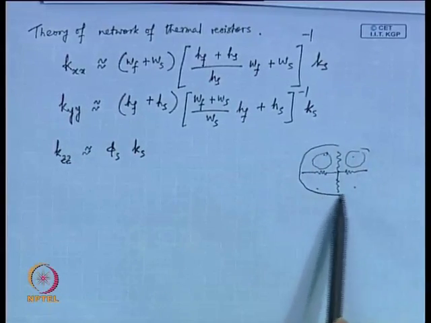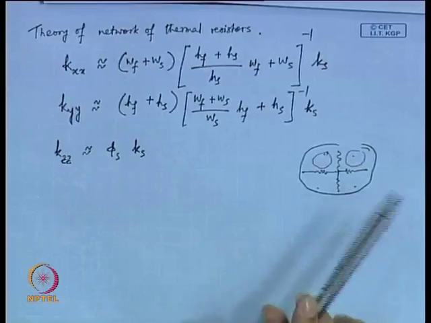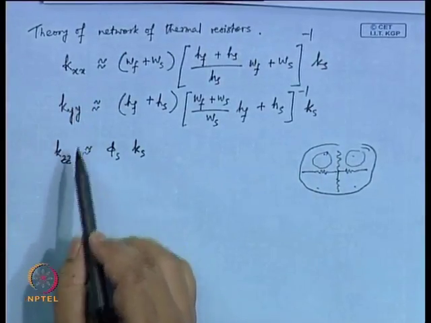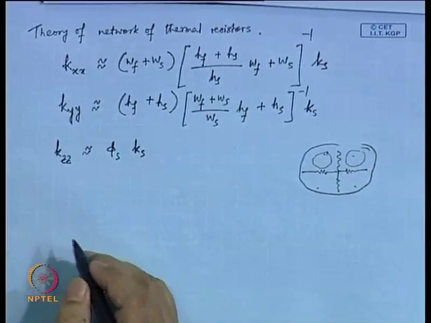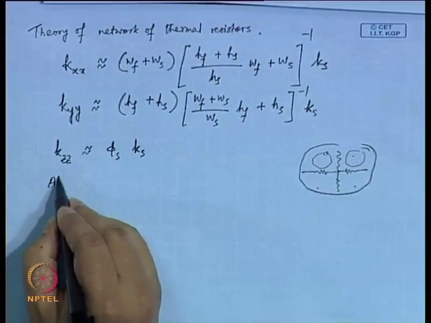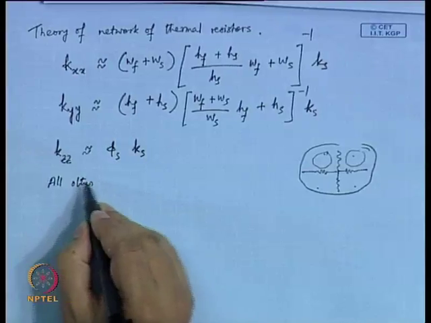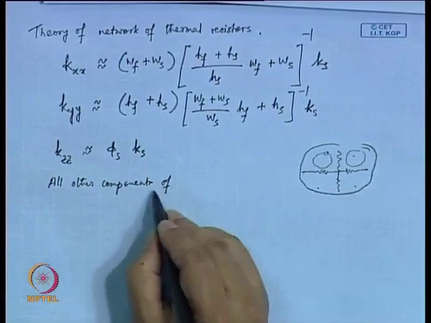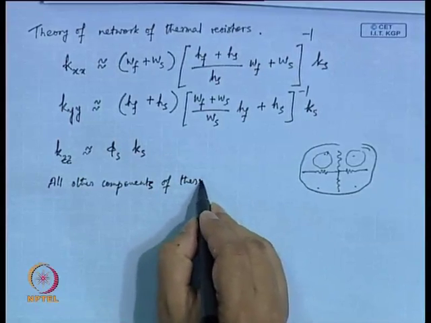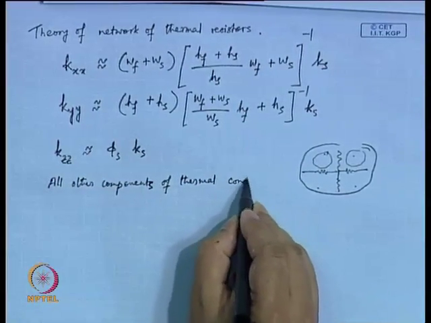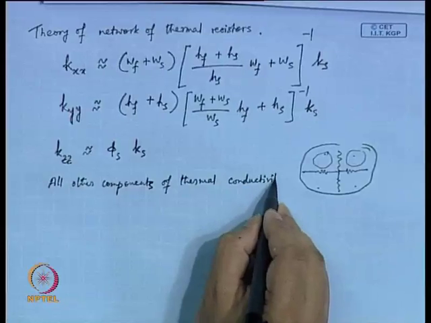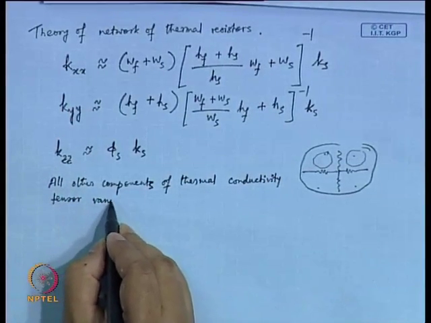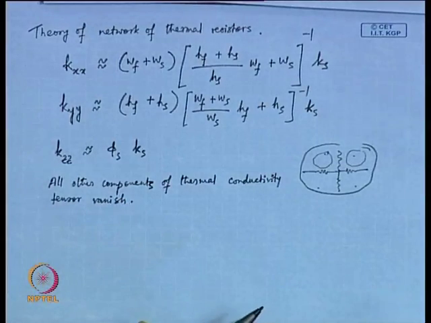There are certain theories, and researchers have already utilized those theories to come up with these expressions for Kxx, Kyy and Kzz, and all other components of the thermal conductivity tensor vanish,